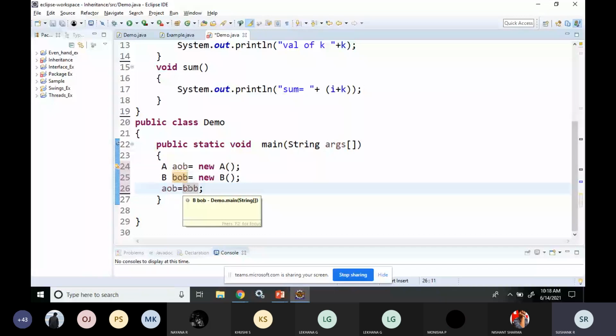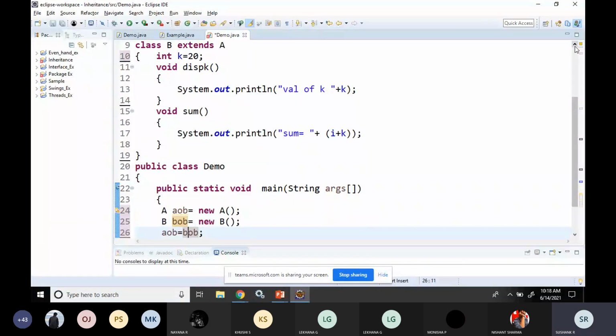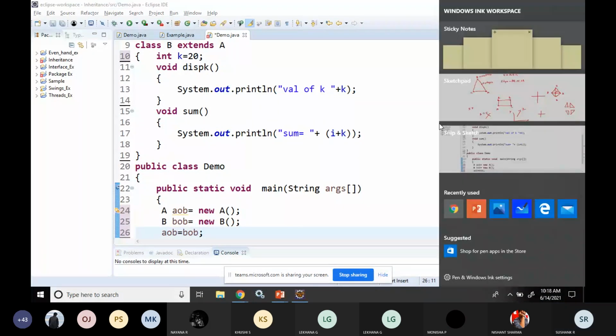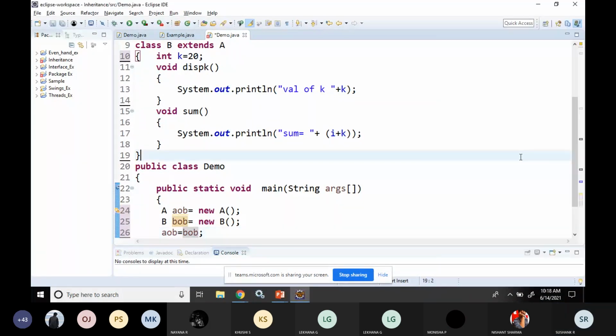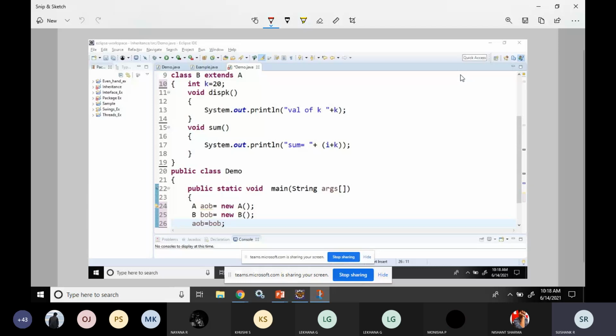One second, I'll take a snapshot of this. So see what I did. I created class A. Class A contained i, j, and one function called display.